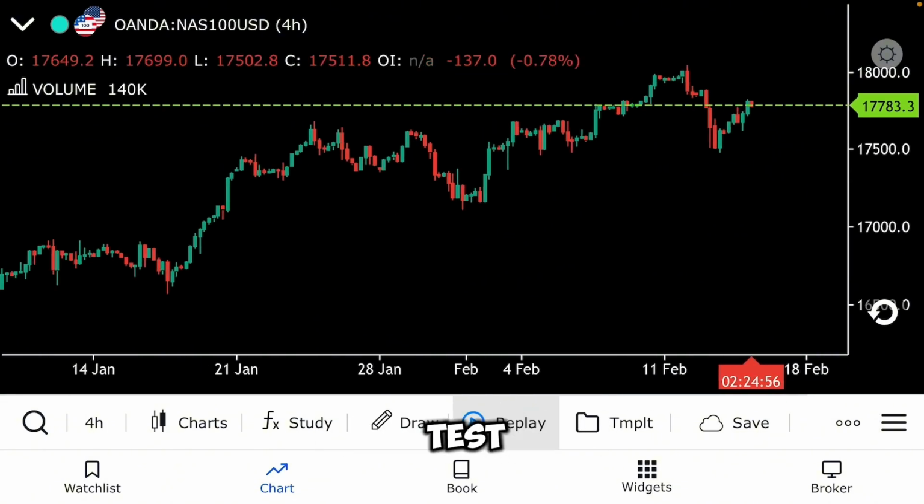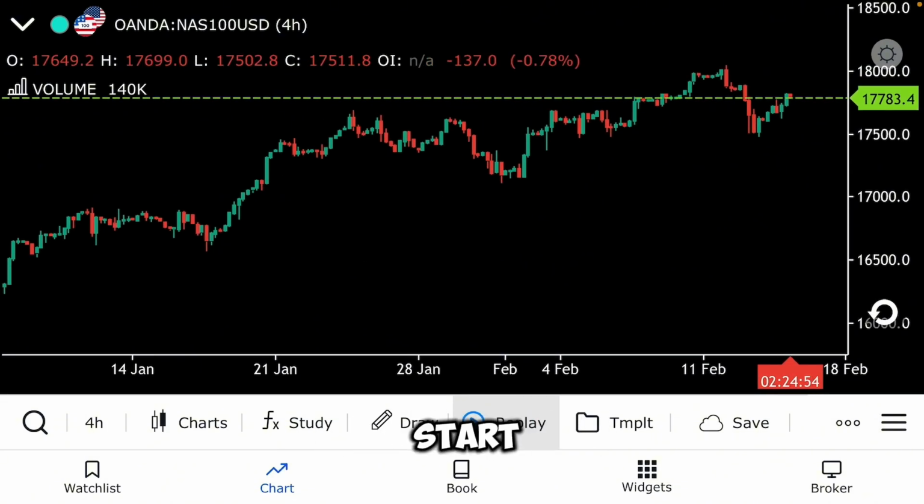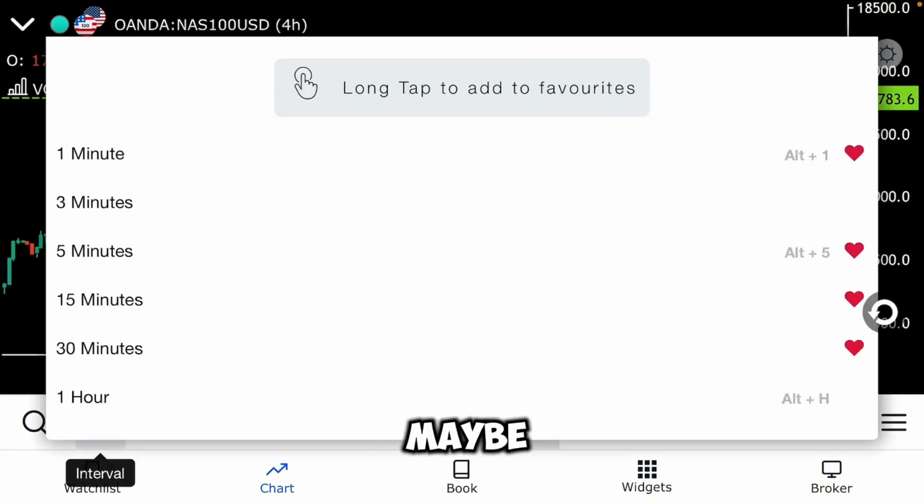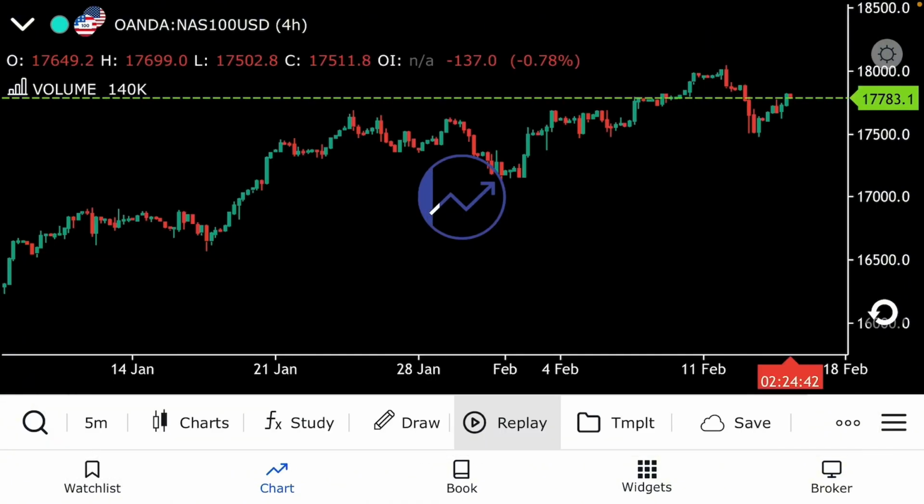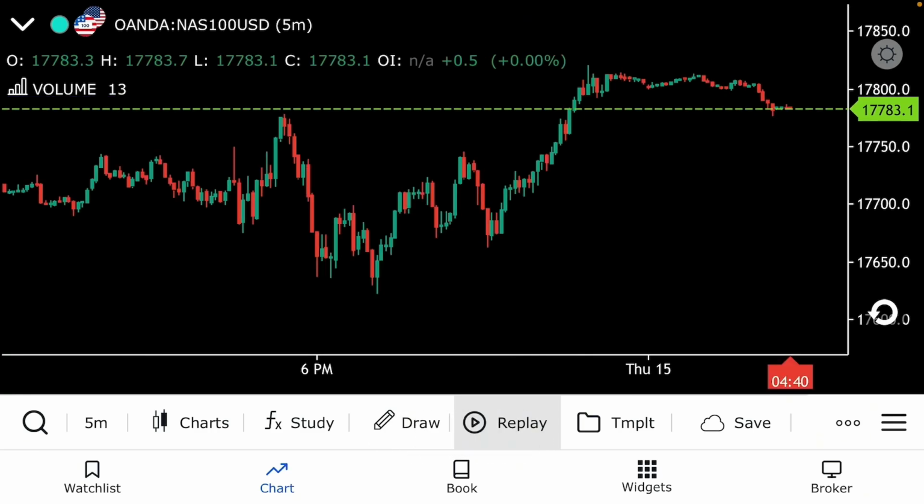So if you want to backtest, what you do is, you first start with the smaller time frame that you want to place. If you know that when you are analyzing, the smallest time frame that you can get to is, let me say, maybe 5 minutes. Maybe 5 minutes is where you place your entries, and that is the smallest time frame that you can ever get to. So first, if you want to use the replay mode, you first go to the smallest time frame that you know